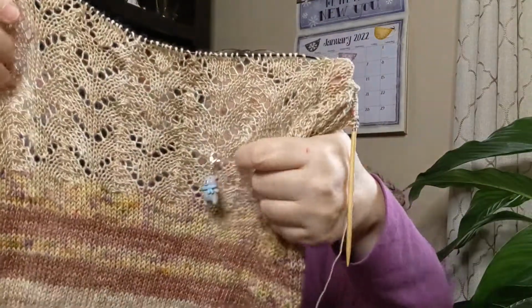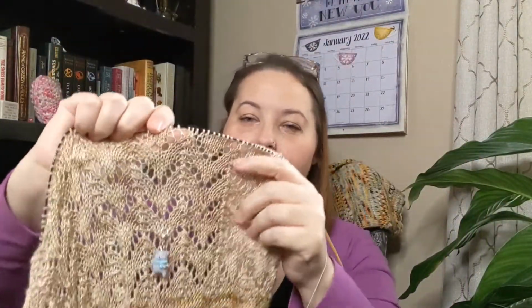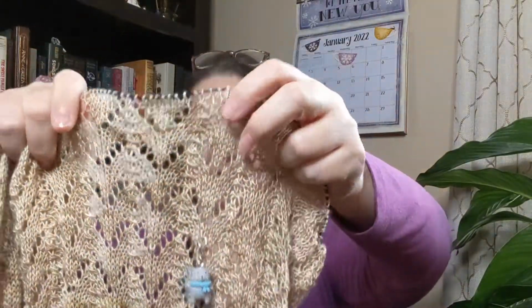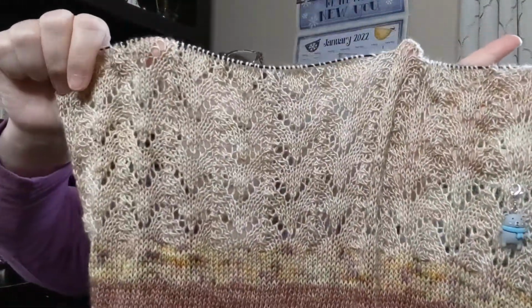But last time I showed this, I was here where this progress keeper is, and I'm almost done with this lace work. So this was day 5. Obviously I did not keep up with the knit along. A clue was released every day for 12 days, and I quickly got behind. But I really enjoyed this section. I have one more repeat to do for this, so there'll be one more row of this really pretty lace work. Definitely the most enjoyable section so far,